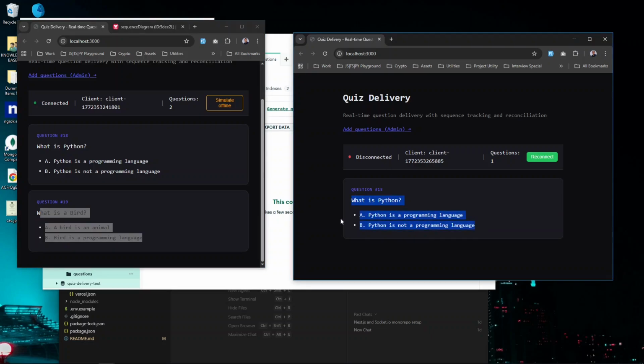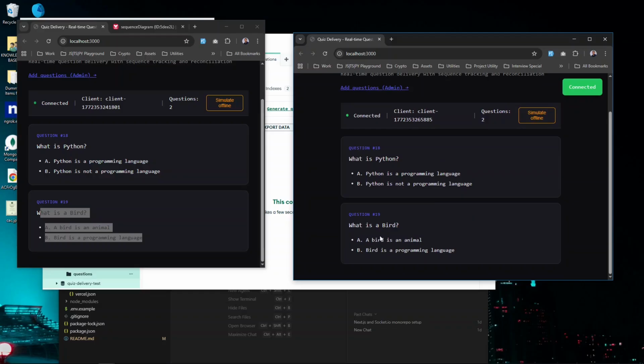So here is where the beauty of acknowledgement comes into the picture. Immediately client B reconnects, no matter how long, it could be days or whatever, it is going to get access to the question it just missed. So this makes it stay up to date at every point in time. That reconciliation is always there. When it comes online, it gets to see the missed questions and all of that. This is very important when we're talking about WebSocket, because you don't want your clients to miss any messages. They are always getting to see the core message at all times. So let's take a look at the